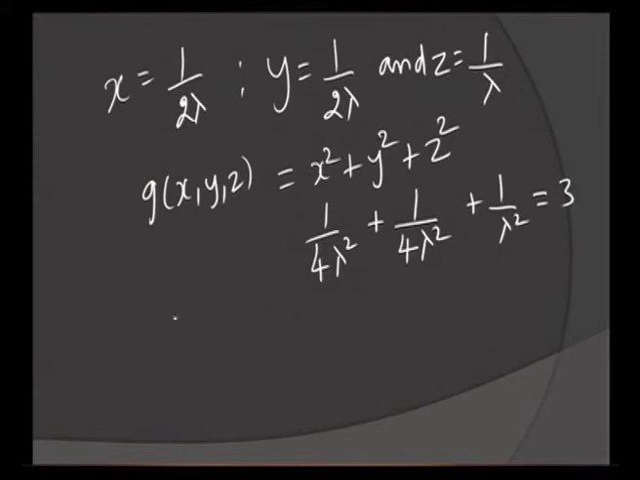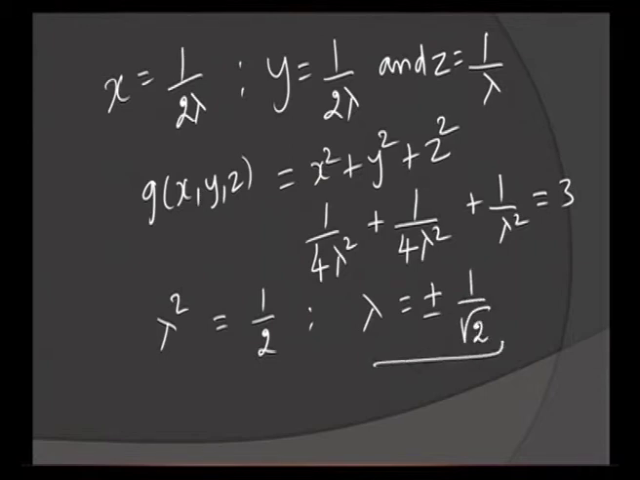So, solving this we will get lambda square is equal to 1 by 2. So, lambda is equal to plus or minus 1 by root 2. So, this is the value of the Lagrange multiplier. Putting these values of lambda into the above equations, the critical points are obtained as